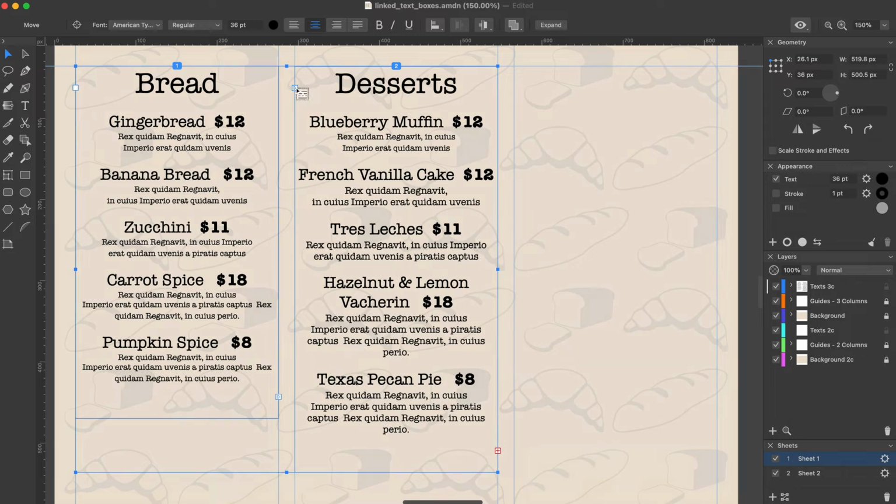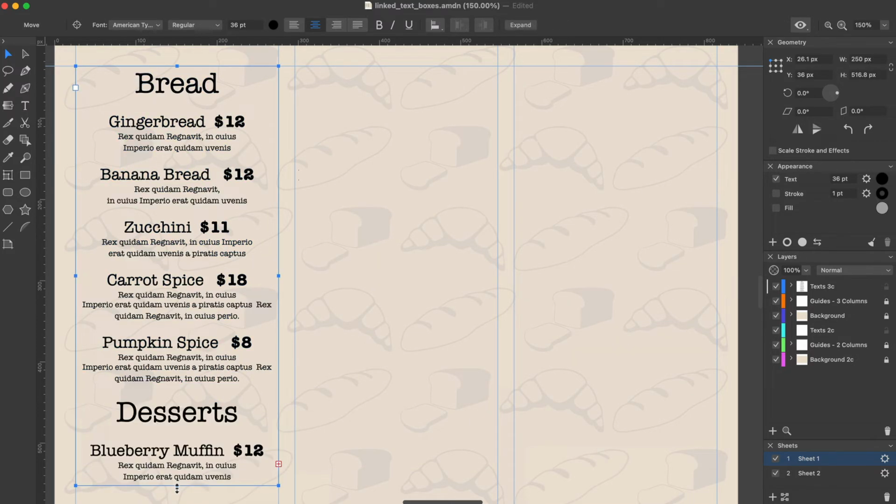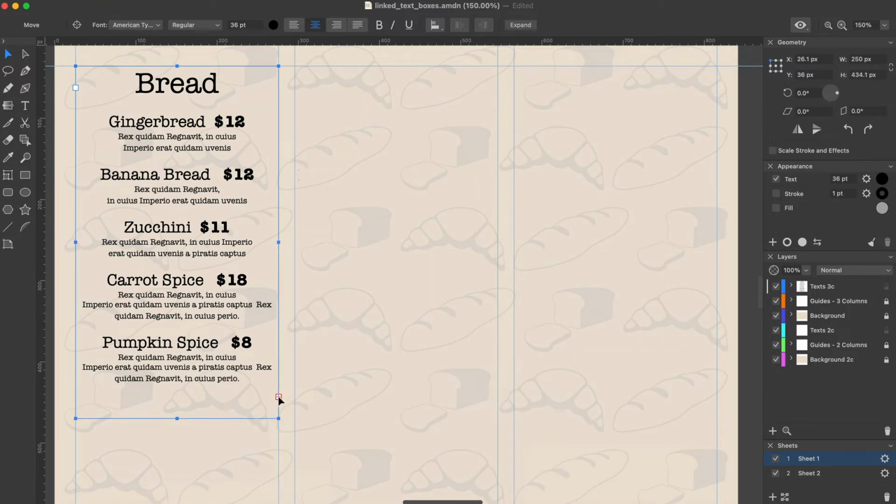If you click on such an icon, you will be able to break the link by clicking on the same text box or on the text box you want to unlink. The text boxes have now become independent. The entire text has jumped into the first text box. Just remember that unlinking doesn't split text into parts. If you activated the linking or unlinking mode by mistake, cancel it by pressing the Escape key or by activating another tool in the Tools panel.